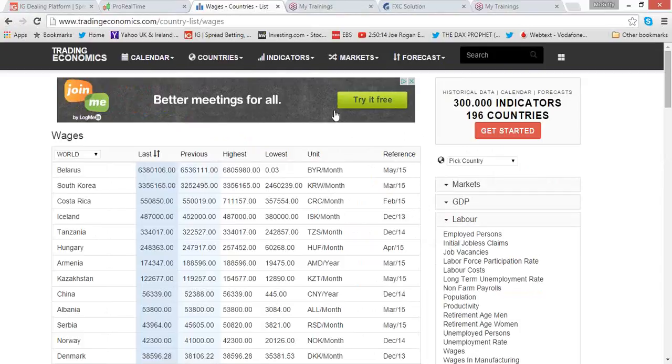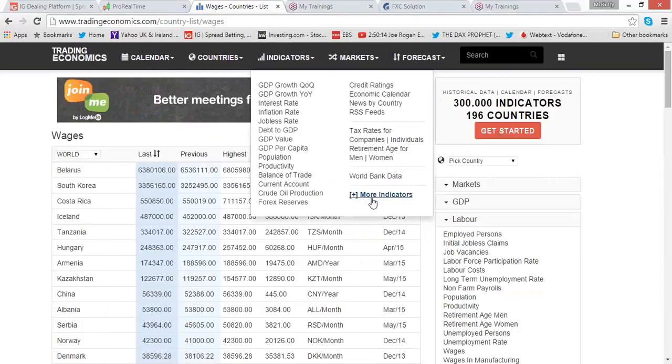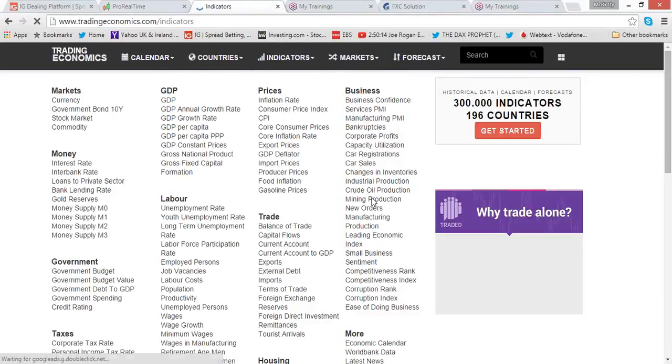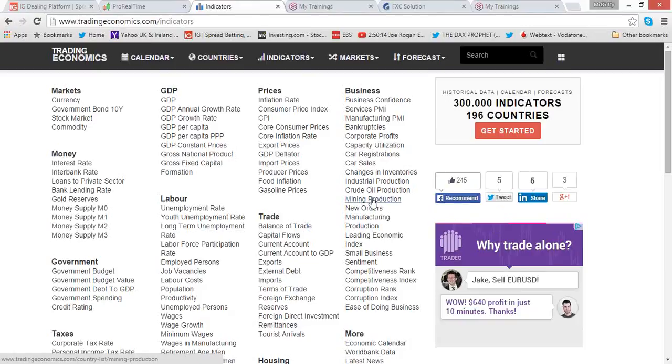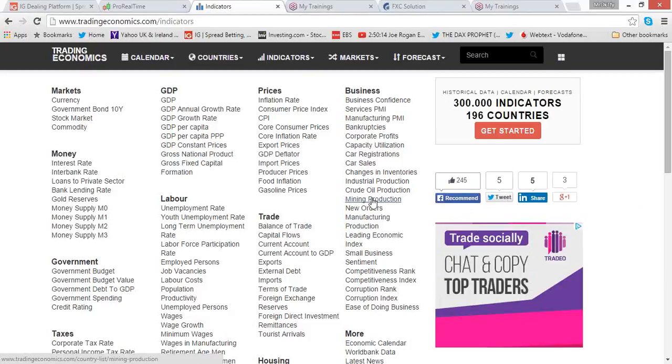Okay, and that is a lagging indicator. There was the income and wages. And our next one is the unemployment rate. So the unemployment rate measures the number of people looking for work as a percentage of the total labour force. A healthy economy will have an unemployment rate between 3 to 5%. A high unemployment rate leads to consumers having less money to spend, which will impact negatively on the GDP, housing